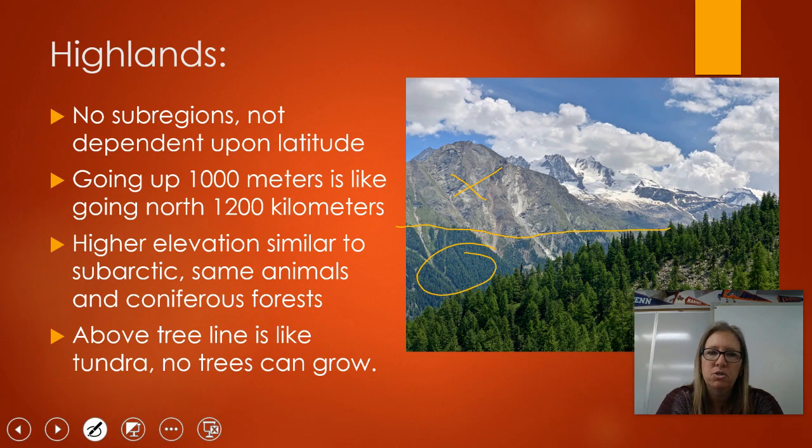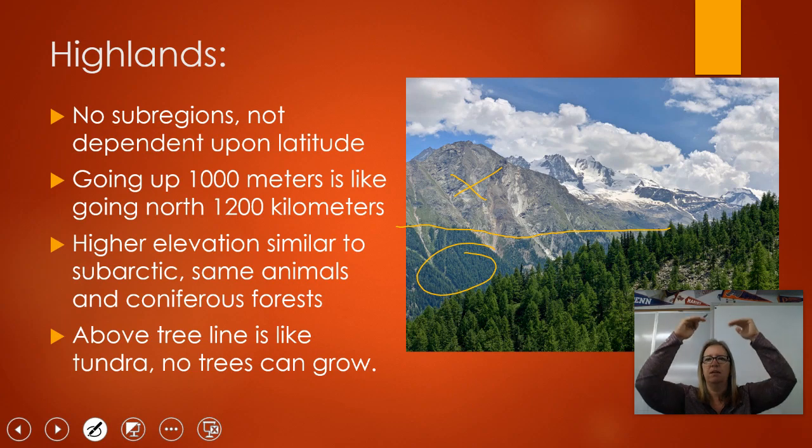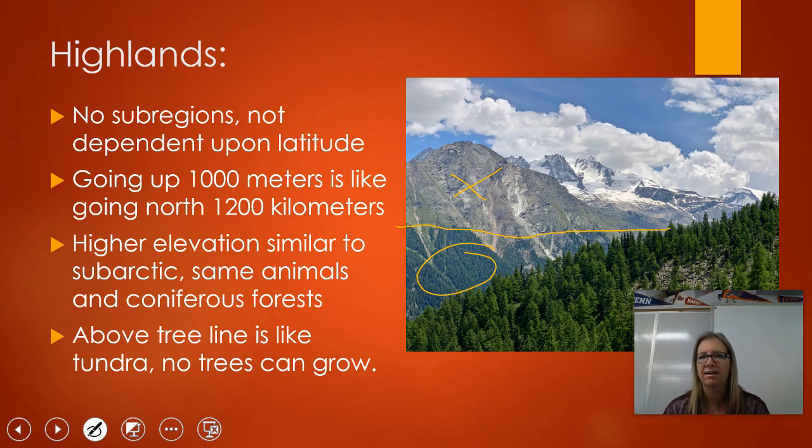And that's because once you go above that tree line, it's very similar to the tundra, and the soil is just not conducive to growing trees. Trees cannot grow above a certain elevation. So you've got kind of these subregions happening as you go up in elevation, as opposed to all over the planet, and that's what's unique about the highlands. Okay,